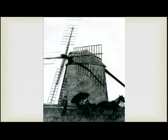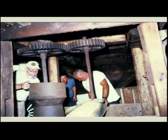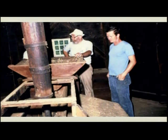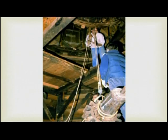Jonathan Young Mill was purchased by a sea captain named Hunt. They took it on a barge all the way down to Hyannisport. And when they broke up the estate some 20 odd years ago, they gave it back to the town of Orleans, and it's examining it to make sure the machinery was all there